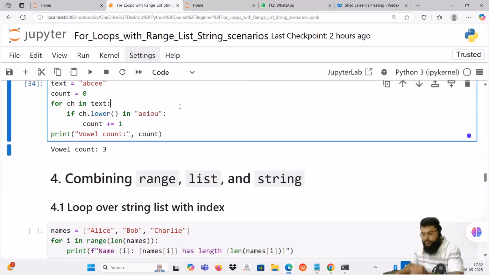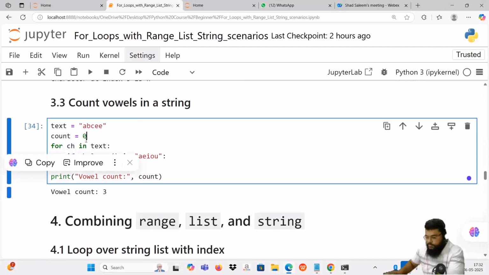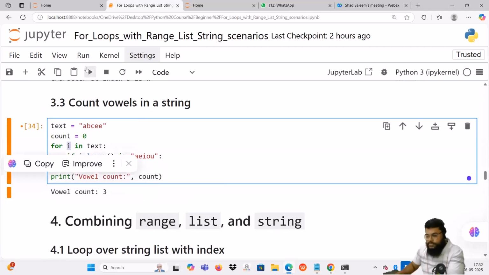So what is this ch? That's just a variable. You can say i, you can write anything. Since this is a character, it makes sense to type ch. Why are we doing lower? As we have seen in previous classes also,